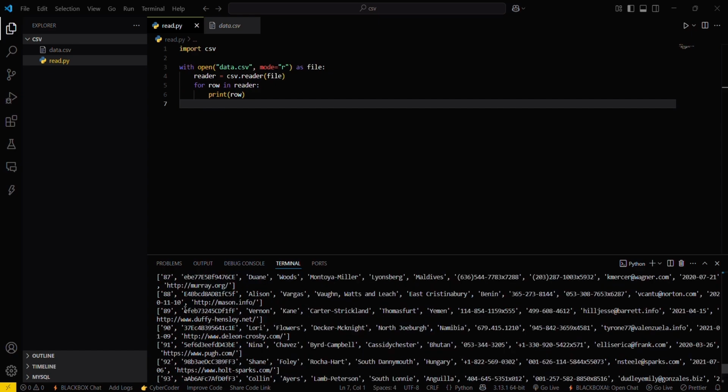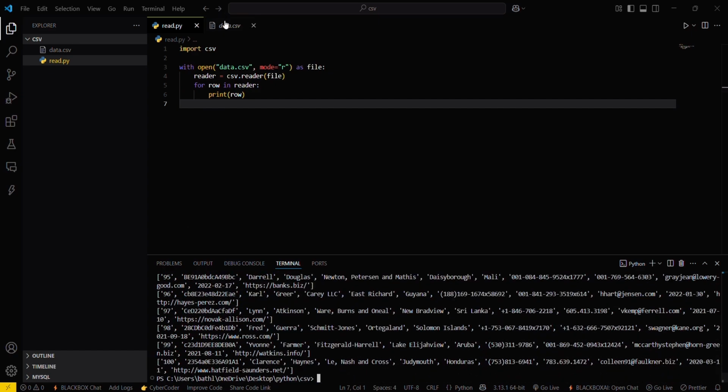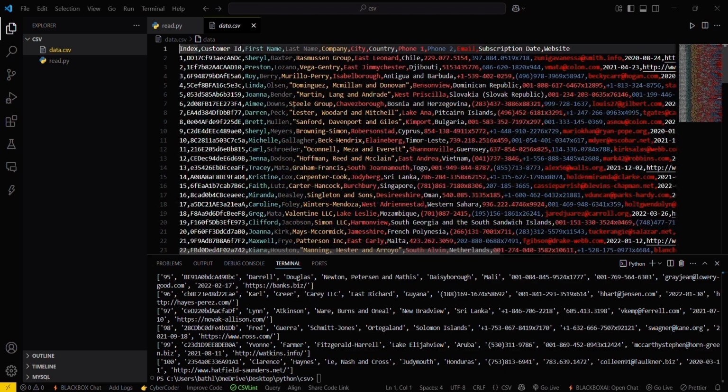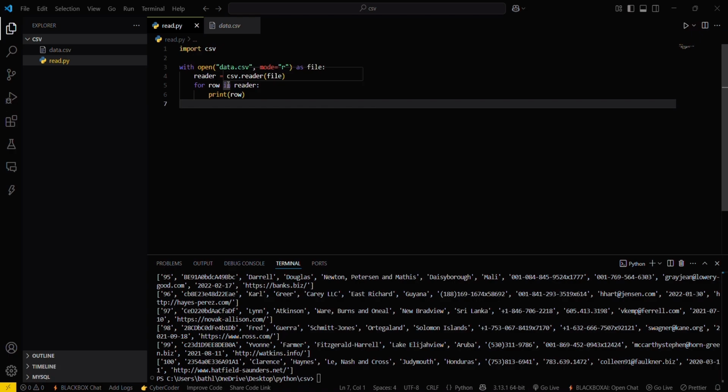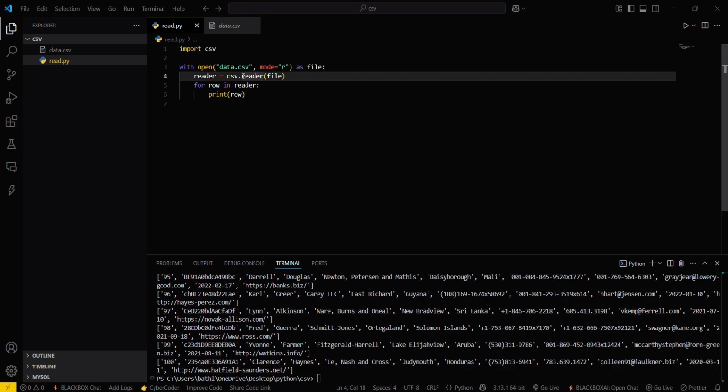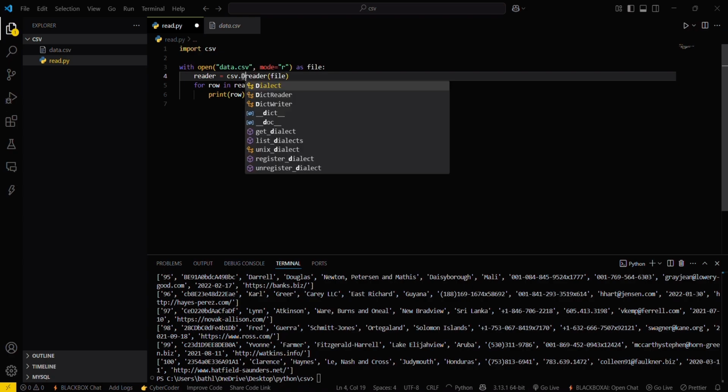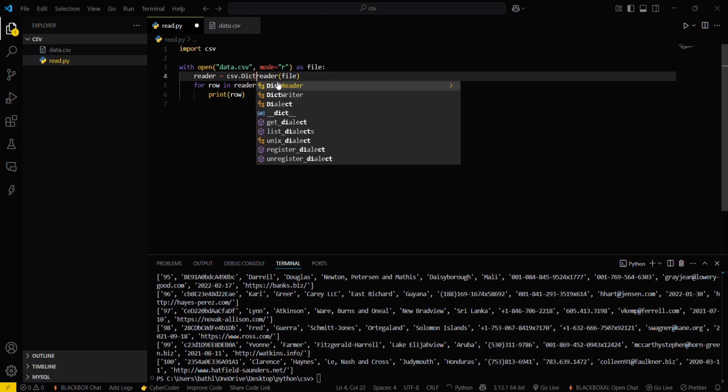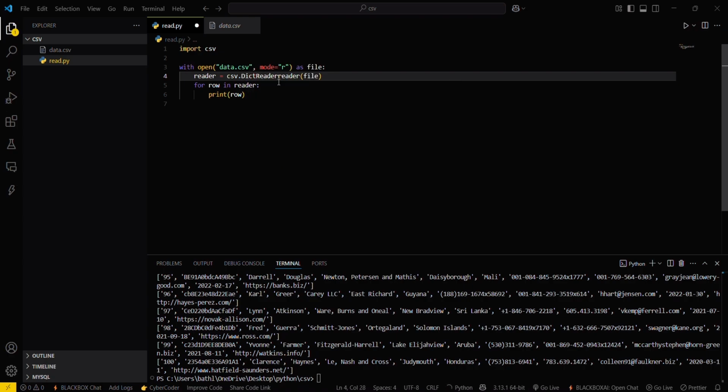If you want to access a particular column of every row, then you have to make a basic change here. You have to use this as a dictionary for now. Okay, then you have to change the reader here, that is DictReader. This will be DictReader, and then